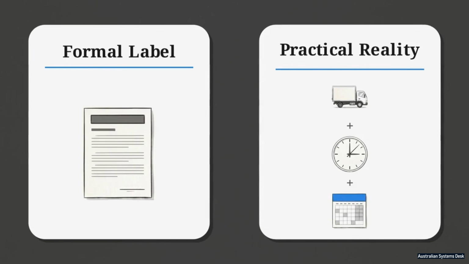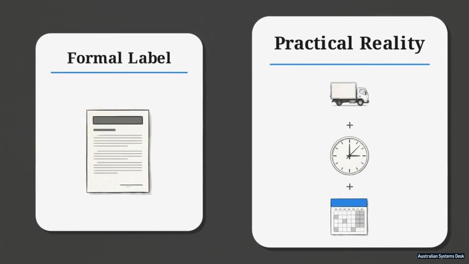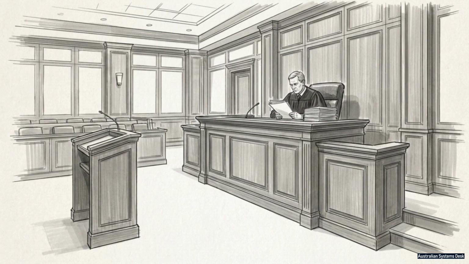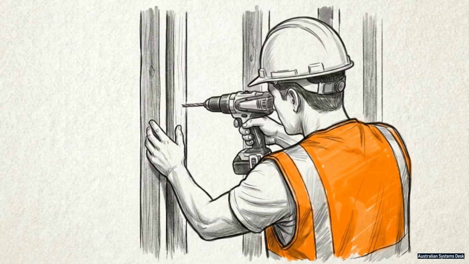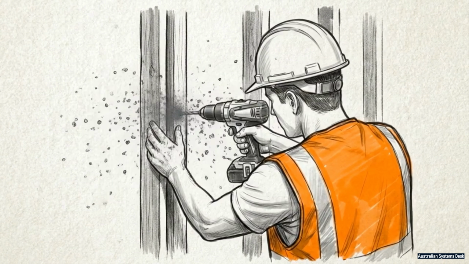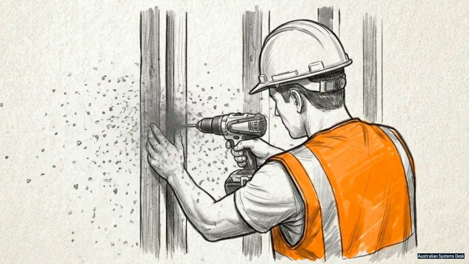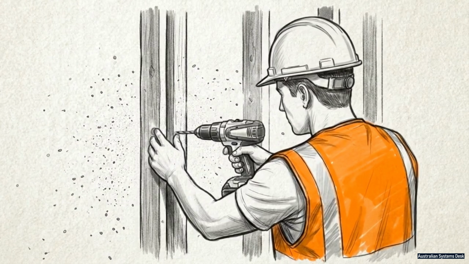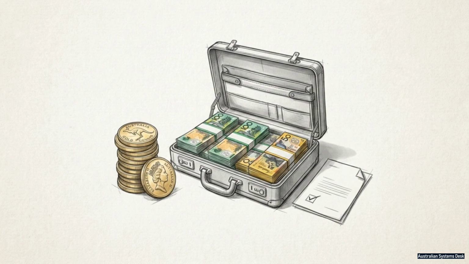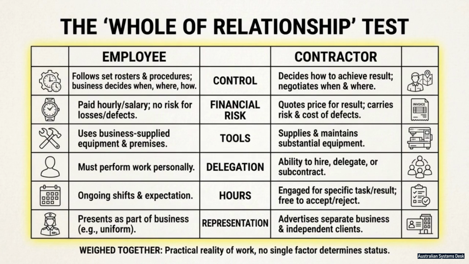Your legal status is determined by the practical reality of your working relationship. Since August 2024, courts use the whole-of-relationship test to resolve classification disputes. Rather than relying solely on the contract, this test examines how the work is actually performed in practice. This applies to almost all workers, aside from a rare exception for those earning over the $190,100 high-income threshold who validly opt out. This chart shows the key factors used to evaluate the working relationship.